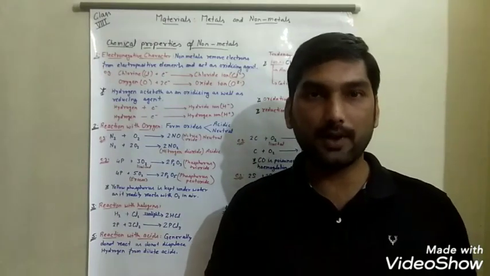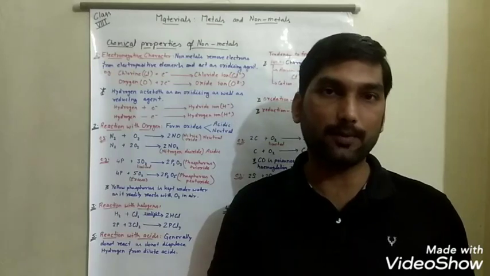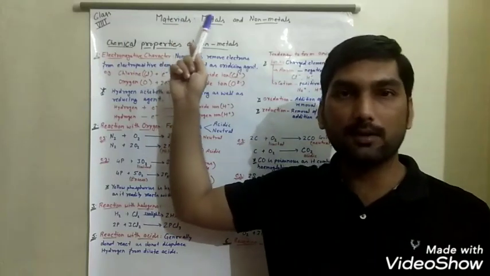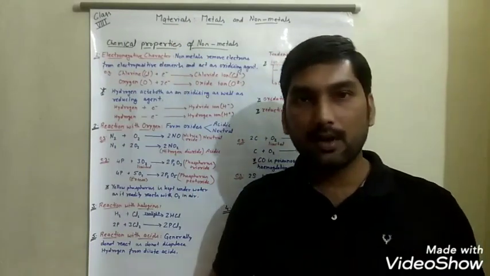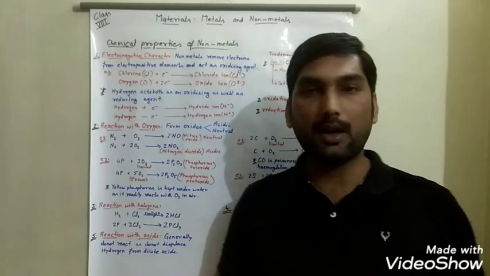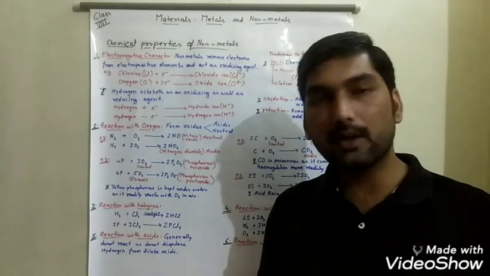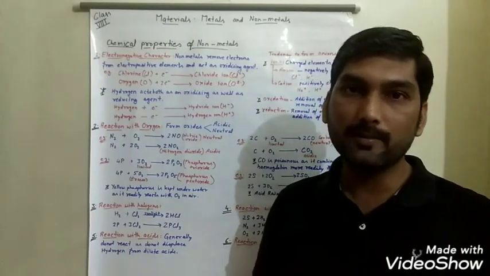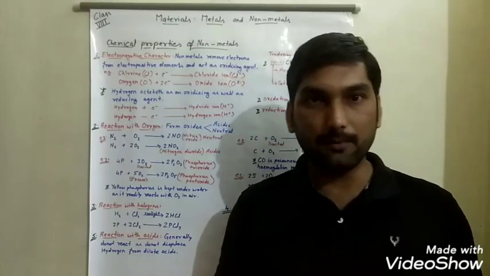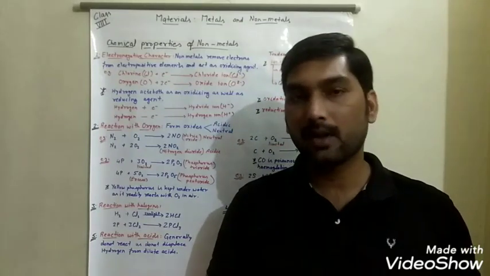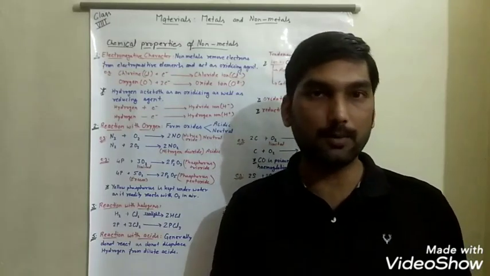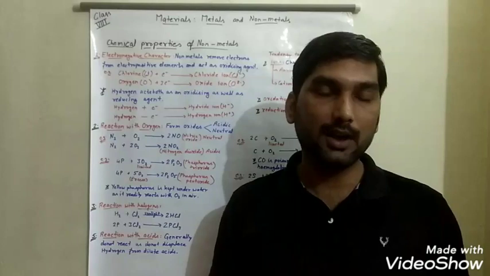In the previous video we completed the physical properties of non-metals, which was a part of chapter 4, Materials: Metals and Non-metals. In that video we saw that non-metals are non-sonorous, non-ductile, and non-malleable. But the physical properties of metals are in contrast to non-metals. I hope you still remember how non-metals are different from metals on the basis